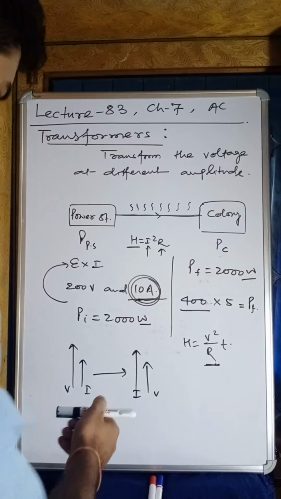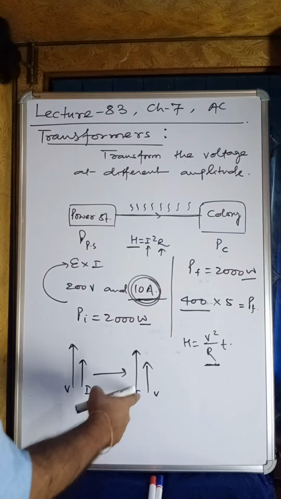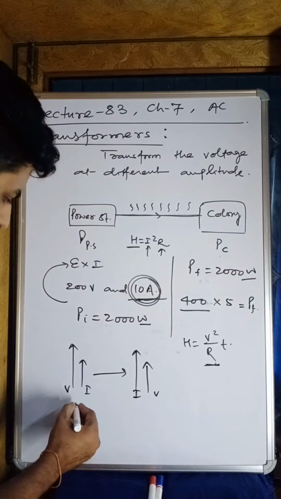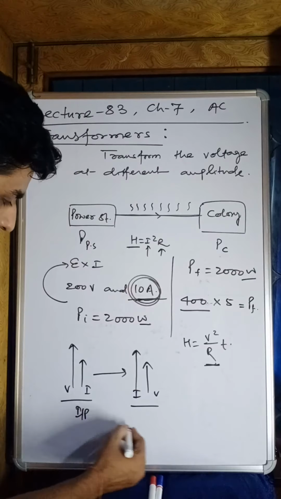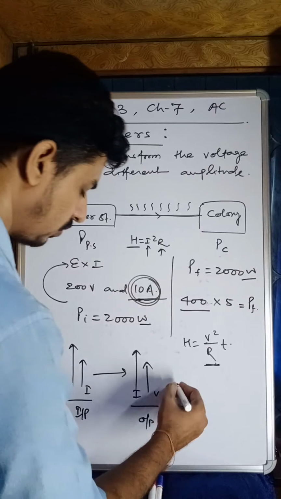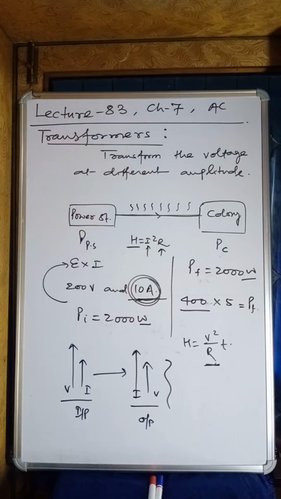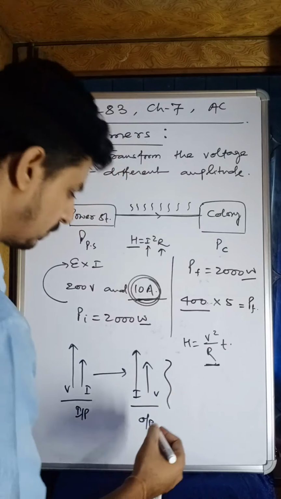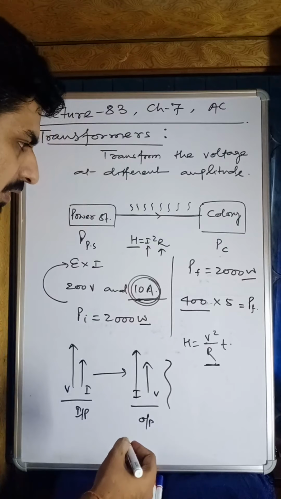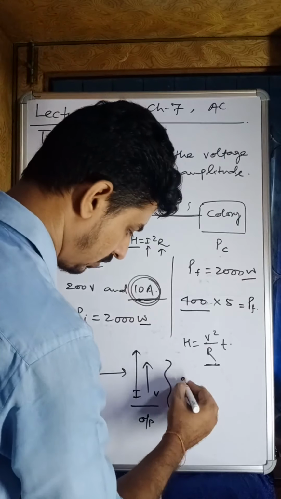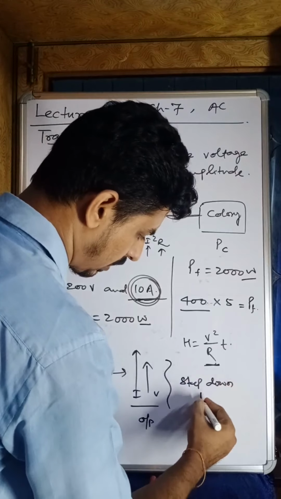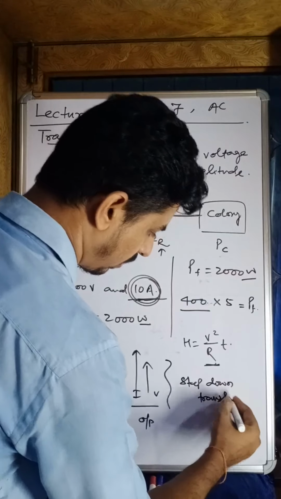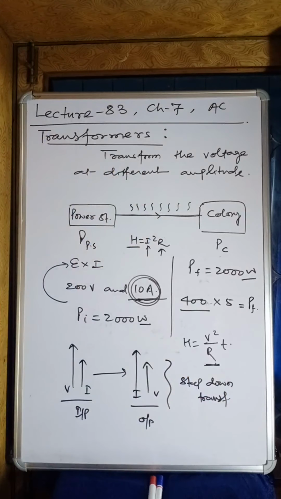Here you can see we are decreasing the voltage. Alright. This is the input section and this is the output section. So this is one kind of transformer we will study. It is known as the step down transformer. Step down transformer. Alright. Now another one, my dear students,